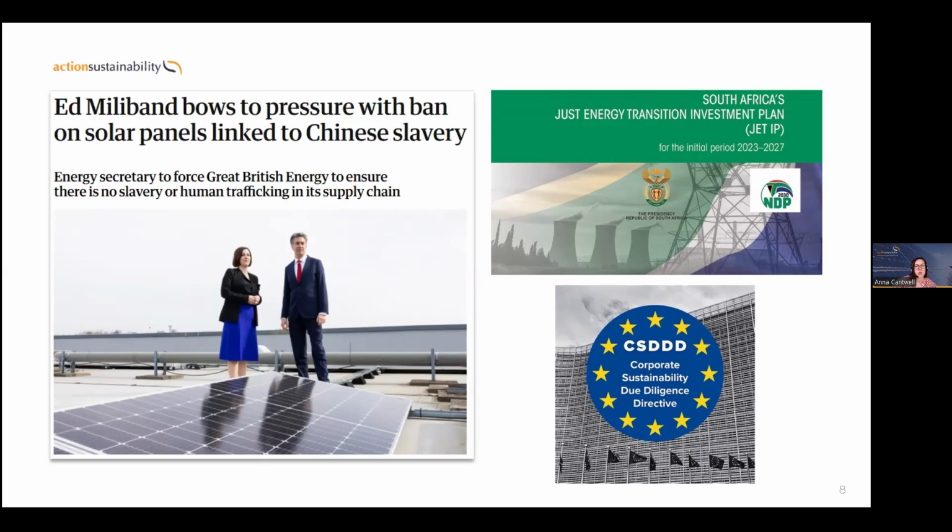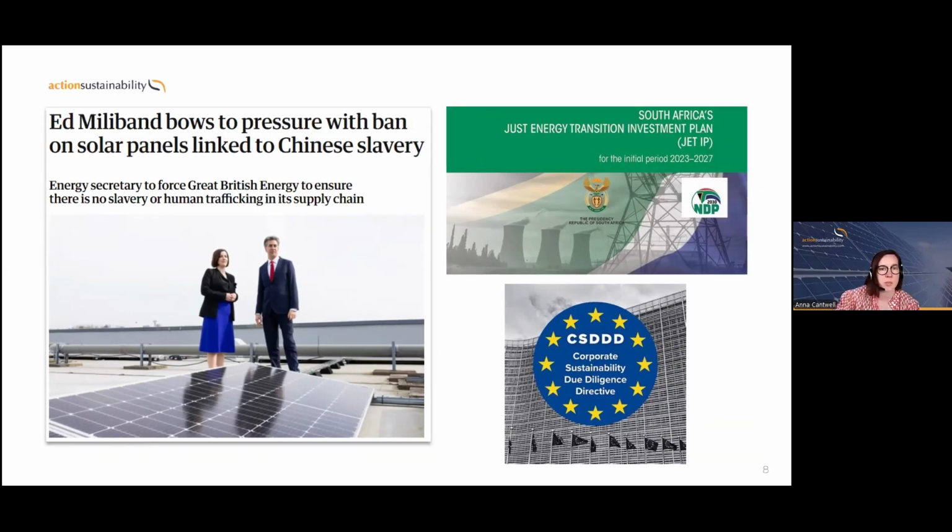So it's applicable to companies with 500 plus employees and 150 million euro turnover globally. And what it's asking them to do is to conduct due diligence, so to map their supply chains and identify actual or potential risks to human rights and the environment. It's asking them to integrate policies, so to establish and update their due diligence policies, risk assessments and action plans,